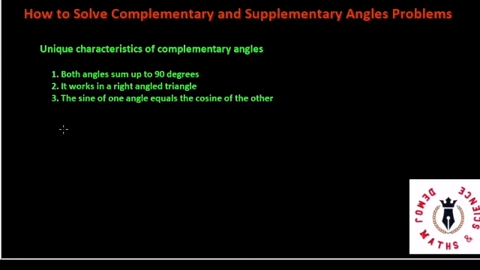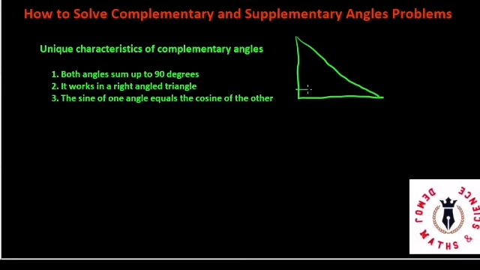Let's start with complementary angles. Two angles are said to be complementary when both of them sum up to 90 degrees. Now, if you have a right angle triangle, for complementary angles, our focus is on the right angle triangle. If I have a right angle triangle this way,